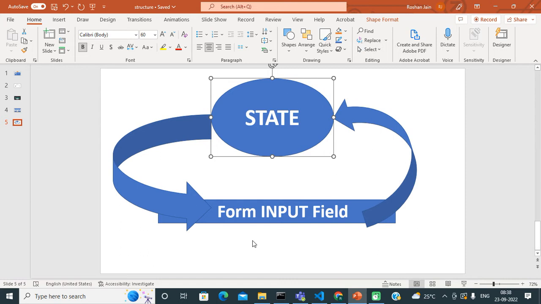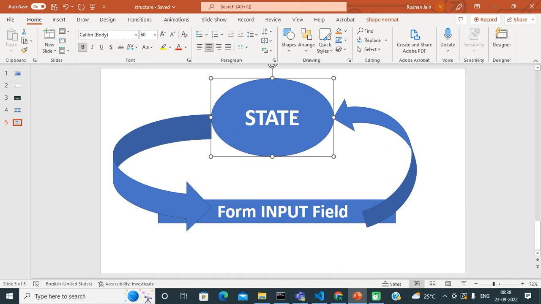Whatever the number of input fields in our form, let's say in this example we have only one input field, then in that case we have to create one component state for that input field.